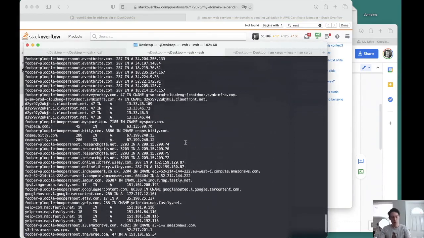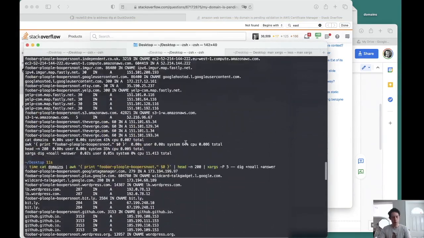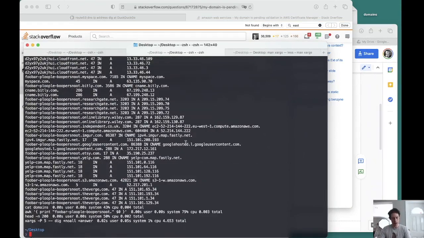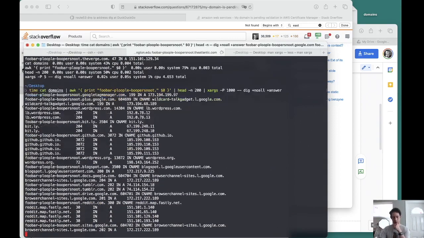Okay, so we ran this command for xargs, and we ran 5 of them in parallel. I see, took 5 seconds. So it sliced it down a little bit. So this is actually going faster. We can be more aggressive here. How many multiple connections to Verizon's DNS do you think is appropriate here? Okay, let's do, well, that'll slow down our experiment. All right, let's try 1,000. Let's see if this is a problem.